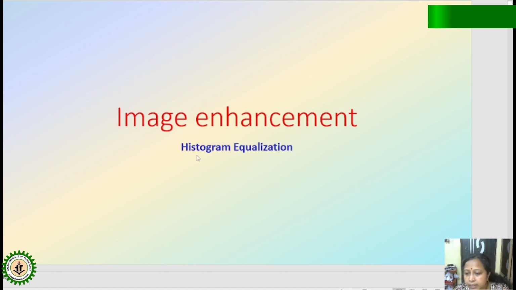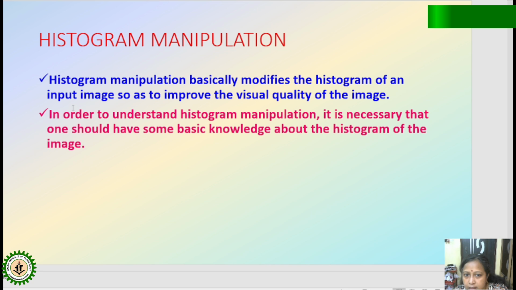Students, today I will discuss the topic image enhancement, histogram equalization. Now, histogram manipulation basically modifies the histogram of an input image so as to improve the visual quality of the image. In order to understand histogram manipulation, it is necessary that one should know the knowledge about the histogram of